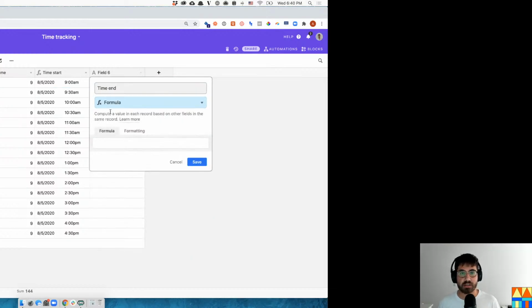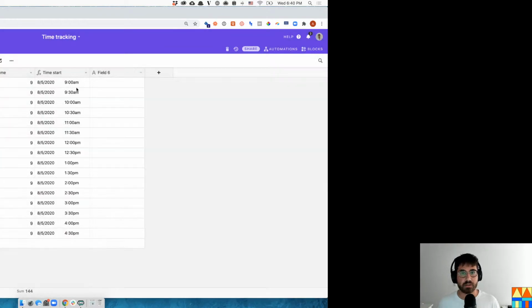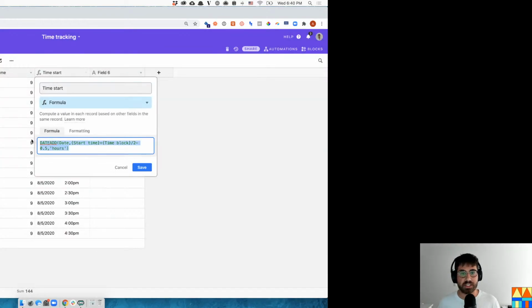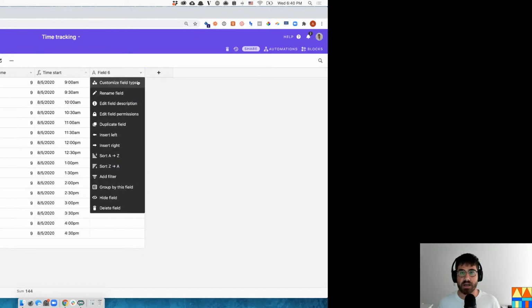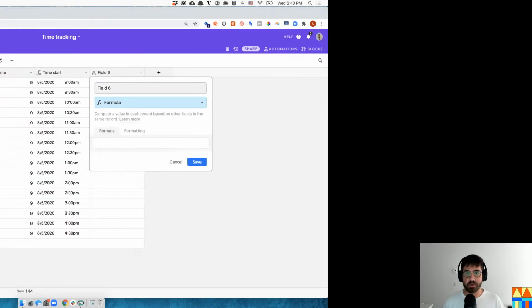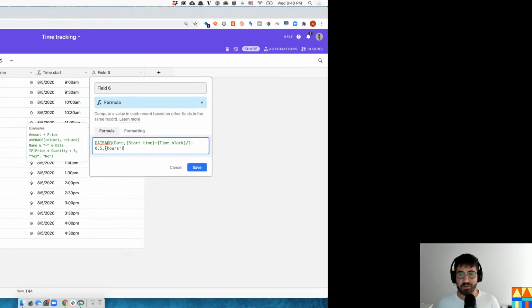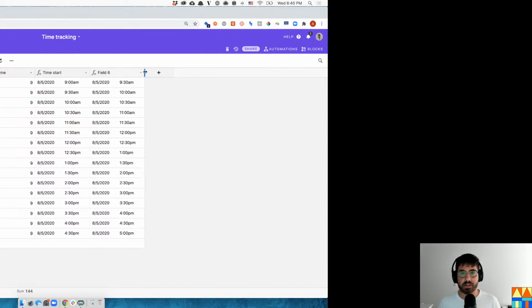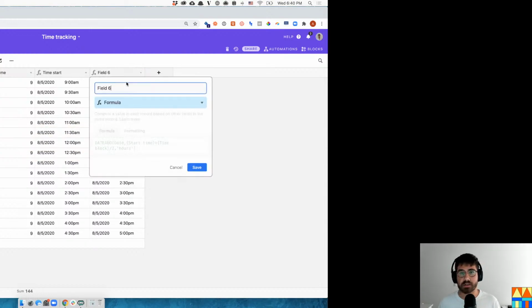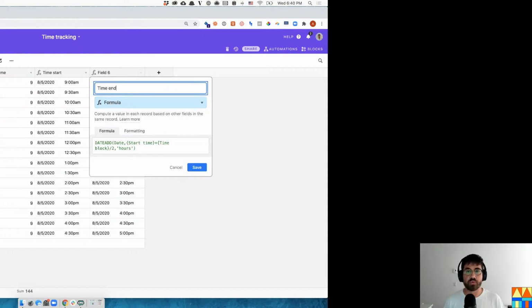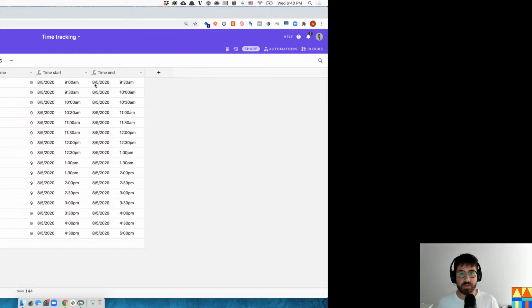Formula field again. Let's actually just copy paste this right here and just keep that half hour out of there. Now again, there's much better ways to do this, I'm sure. What I wanted was a way to do this on the run every morning. Let's save that. And we're going to call this time end. So now I've kind of broken my day from 9 a.m. to 5 p.m. into these